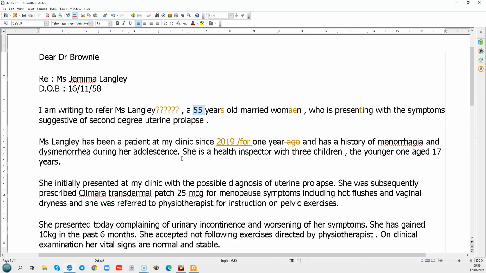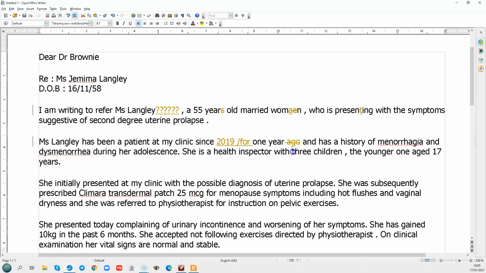Okay, and I think if I were only receiving this particular letter or document with no access to any case notes, which as a matter of fact I do not have access to, everything in this letter must be logical and clear. If I've got to ask questions, then it isn't clear and it doesn't work. Okay? And we need to avoid adding irrelevant information and details. So, she's a health inspector. Okay. Why do I need to know that?